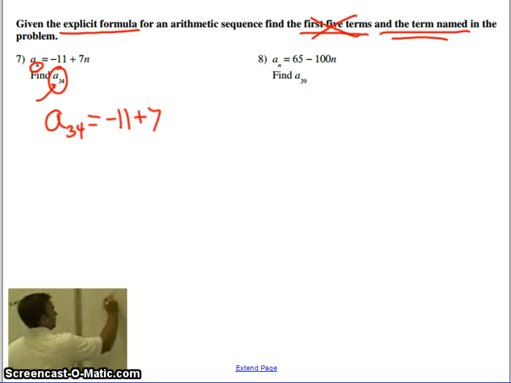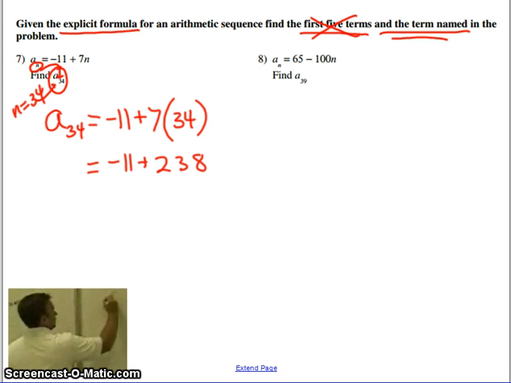Now, if you notice, n's here, and now n is 34 in the subscript. So now we know that n is 34. We're looking for the 34th term. So we do 7 times 34. Now if we calculate that, we do 7 times 34, which is 238,